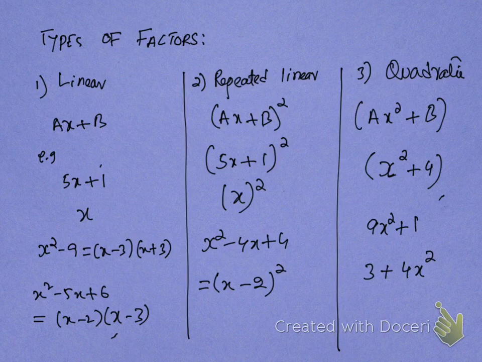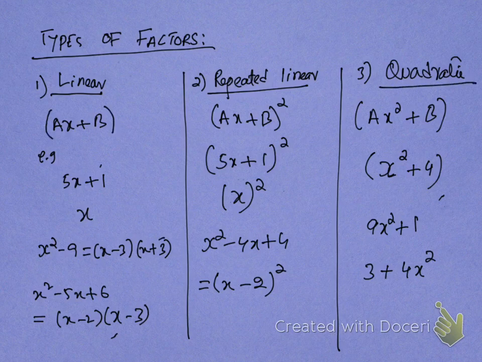Types of factors. There are three types of factors: linear, repeated linear, and quadratic. This is the generalized form of a linear factor. If you observe this generalized form, you will see the power of the variable is 1 and the power of expansion is also 1. This is the example of a linear factor, generalized form. Examples of linear factors: it's 5x plus 1 is a linear factor, only x is a linear factor,